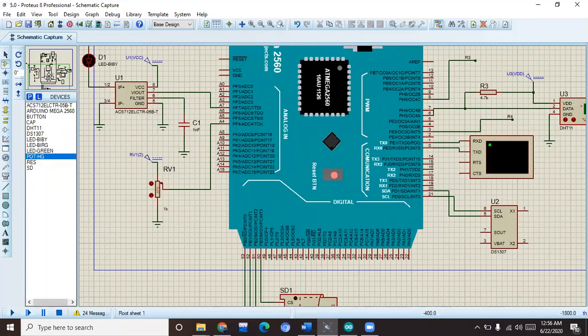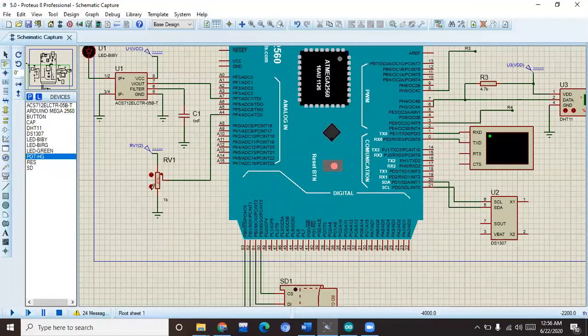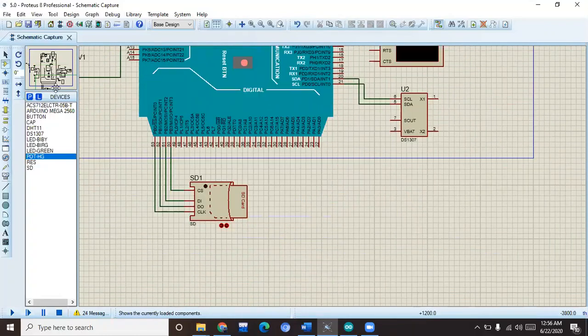The second one I want to discuss is the voltage sensor. This voltage sensor is nothing but a potentiometer connected with the Arduino pin A4. So basically, increasing resistance results in a voltage control device, and hence we can get our desired voltage, acting as a voltage sensor, and we can get our data on Arduino with the simulation.